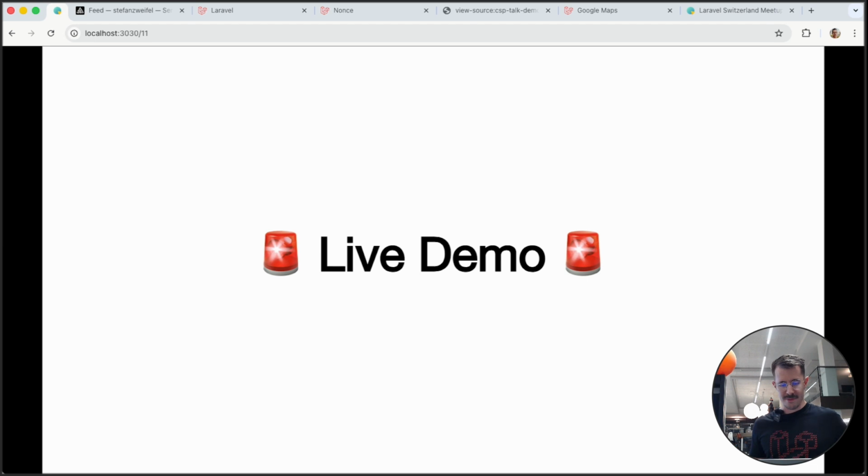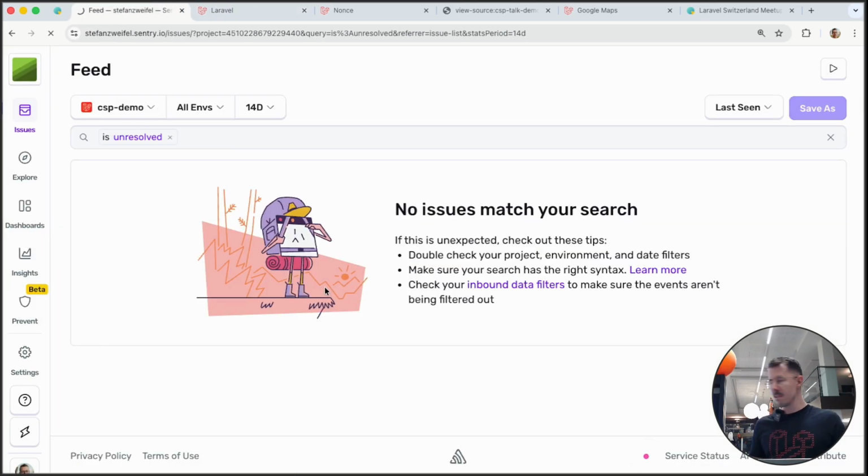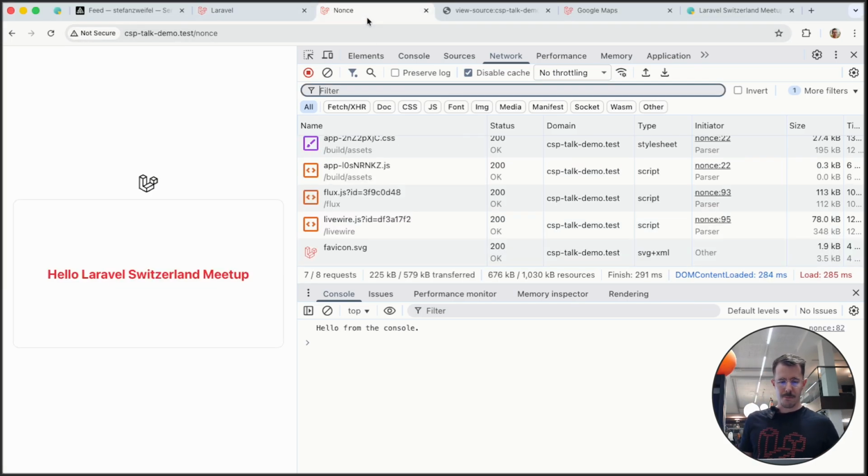So let's try a live demo. I've installed a new Laravel 12 application here locally and already installed the Spatie package and set up Sentry. So I have a demo project here. In Sentry, it doesn't have any issues right now. And we have this splash page, the normal one. I've replaced the font with a Google font because previously somehow Font Bunny didn't load on the network here. And then we have a page which